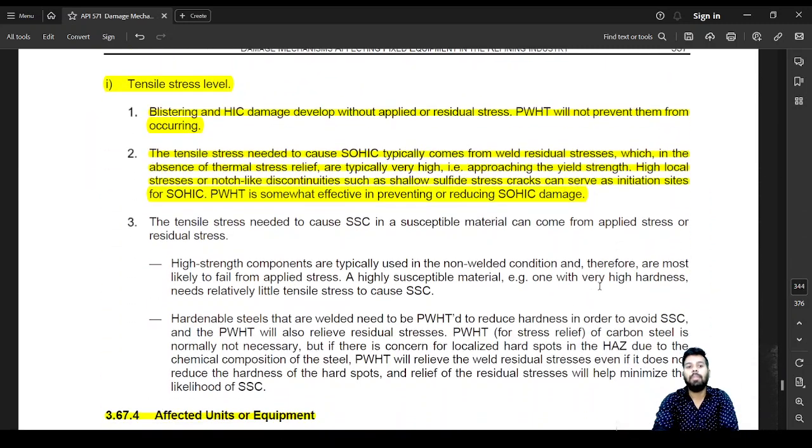Tensile stress level: blistering and hydrogen induced damage develop without the application of residual stress. Post-weld heat treatment will not prevent them from occurring. The tensile stress needed to cause stress oriented hydrogen induced cracking typically comes from the weld residual stresses, which in the absence of thermal stress relief are typically very high, approaching the yield strength. High local stresses or notch-like discontinuities such as shallow sulfide stress cracks can serve as initiation sites for stress oriented hydrogen induced cracking. Post-weld heat treatment is somewhat effective in preventing or reducing the stress oriented hydrogen induced cracking